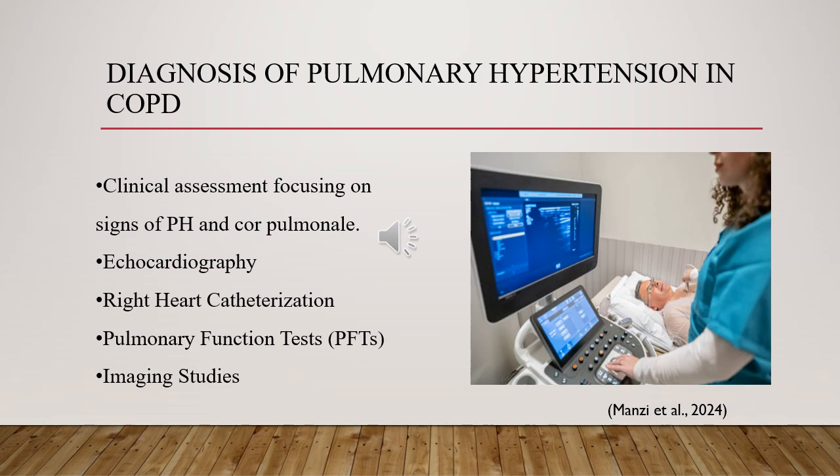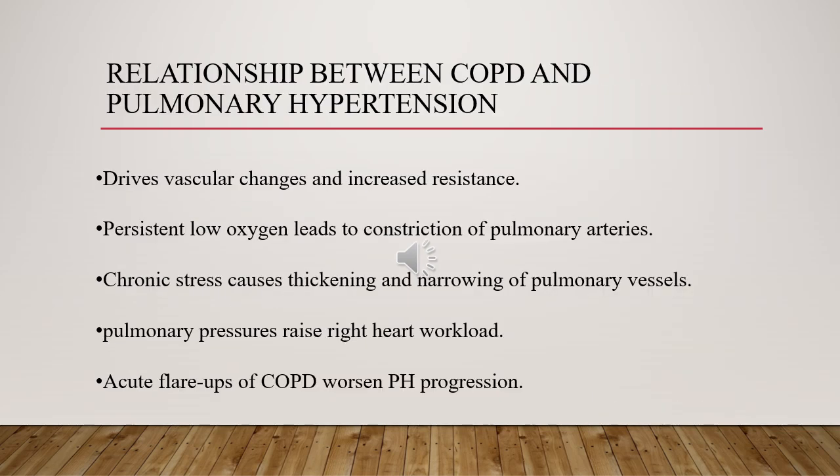The multifaceted diagnostic approach underscores the complexity of managing PH in COPD patients and the importance of distinguishing its impact on disease progression and prognosis. The relationship between COPD and pulmonary hypertension is complex and multifactorial, like I said before, with